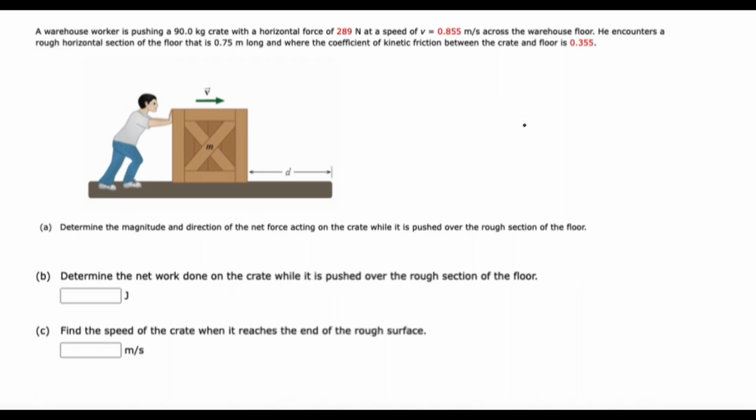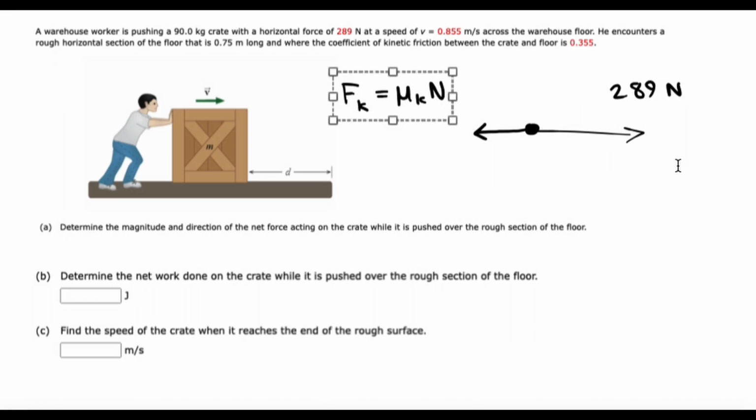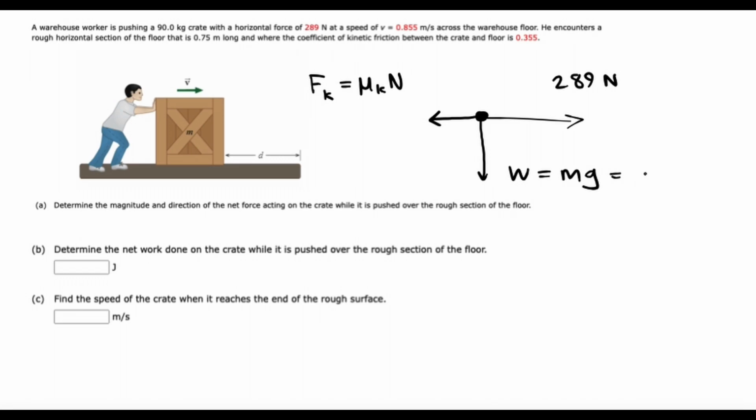Alright, so I'm going to draw a free body diagram first, and I'm going to draw the guy's force pushing to the right. There's also going to be a backward force of friction, which we have to calculate. It's going to be kinetic friction, so we'll use the mu k N formula, mu k times the normal force. So let's find the normal force of the crate. The weight is going to be downward, and that's found by mg. So take the mass of your crate, 90 kilograms, multiply that by g,